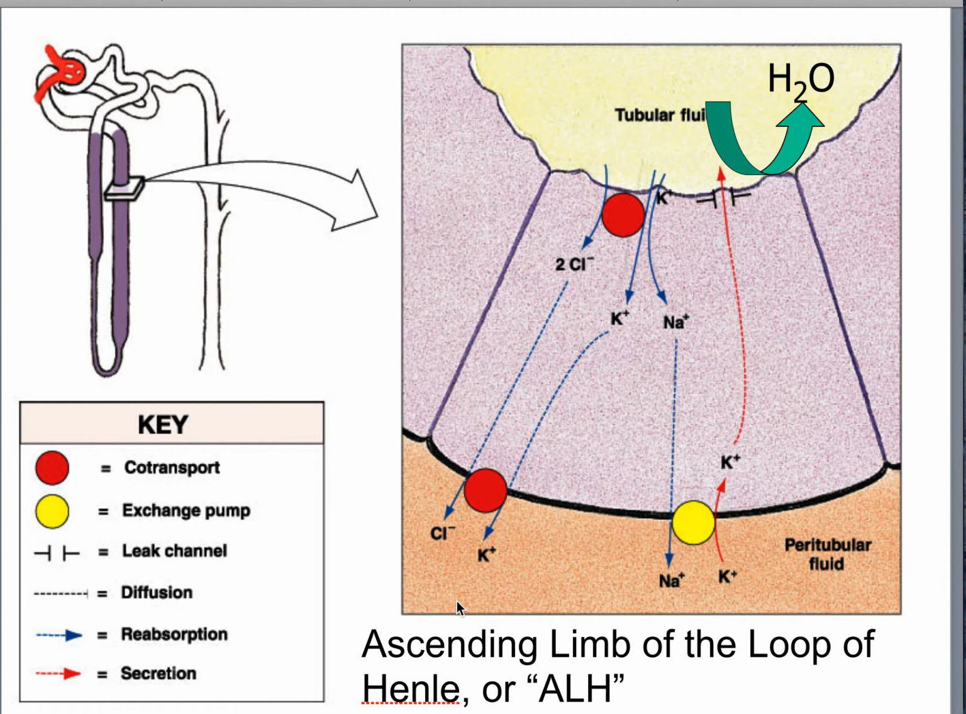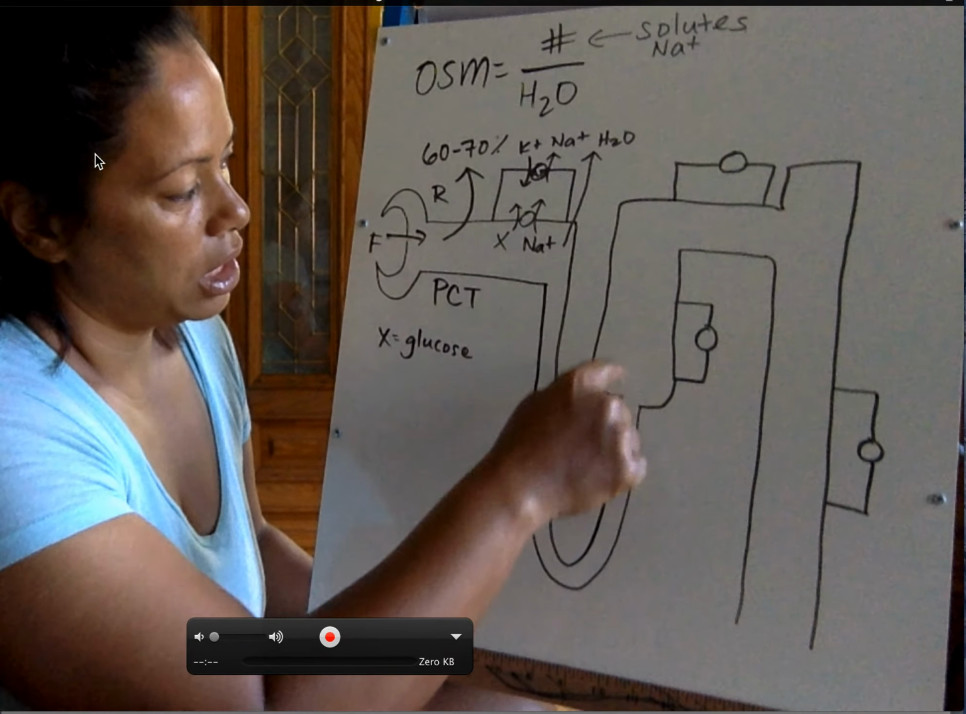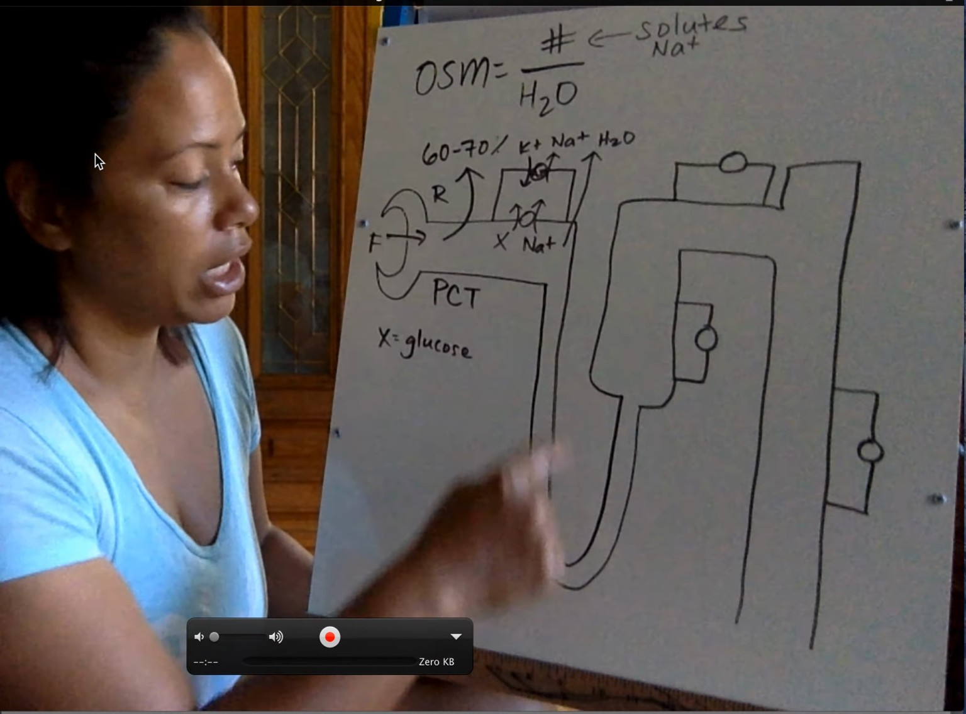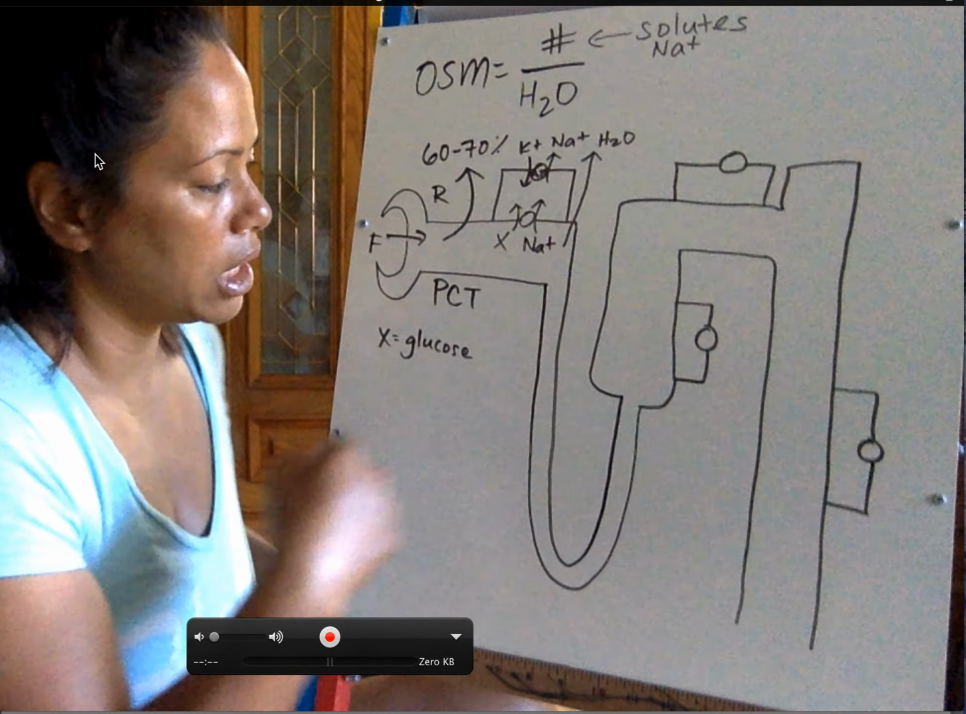What about the second portion? Well, there's a thin portion for the loop of Henle: thin descending, thin ascending, and thick ascending. Thick ascending is important because